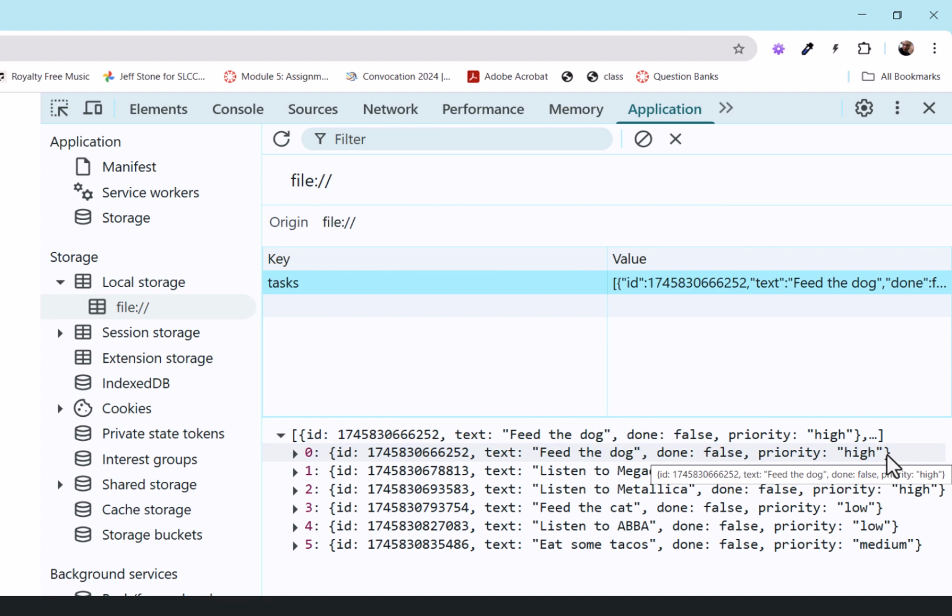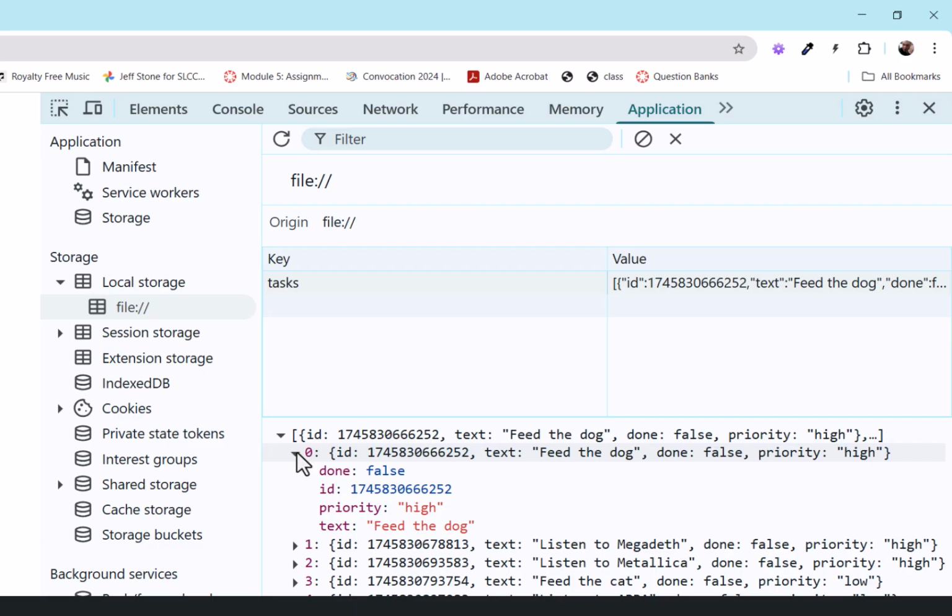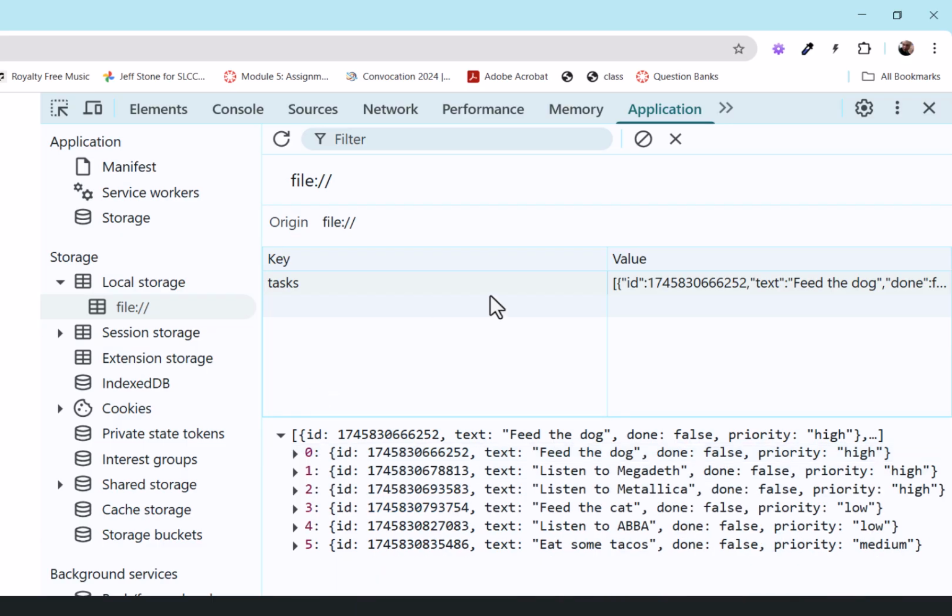When you make each new item in your list, you'll want each one to be an object literal, and then you want to stringify it and then push it on the tasks array, which is the local storage array that you're creating, right? Now, even though it looks like they're actually objects here that I can expand and look at, this is actually parsing it for you. They're actually stored as strings, and you can see the value here, but when I click on it, it gives me what looks like objects, right? And looking here, this may give you some hints on how to do it, right? And so you can see the keys.